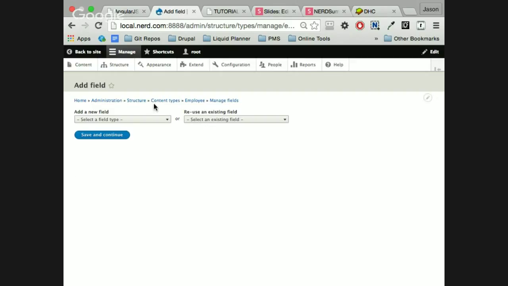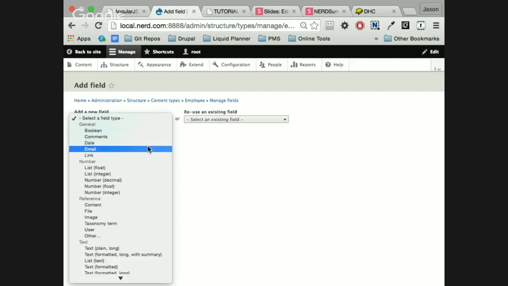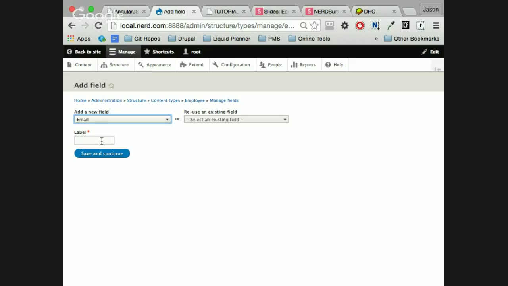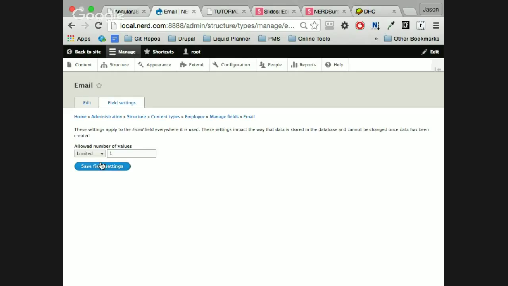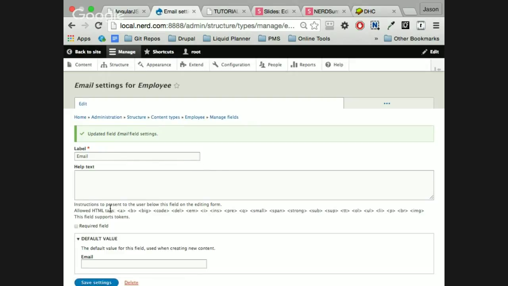Now, you might be wondering why I'm doing a content type employee instead of using just the regular user entity, but the thing is, I'm going to use it as an example. That's all. If you want to use employees as users on the platform, you can do that, or you can split it too. I'm going to create an email. It's going to be email, and that's it. As simple as that.